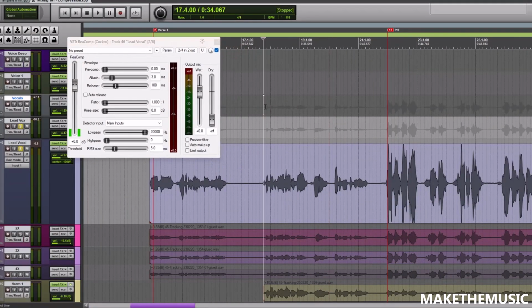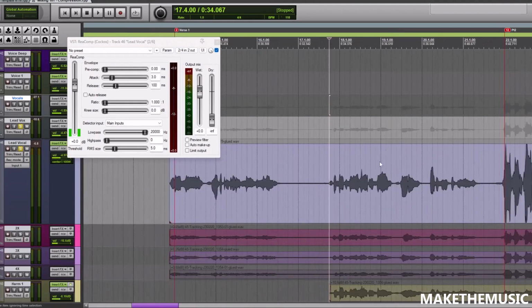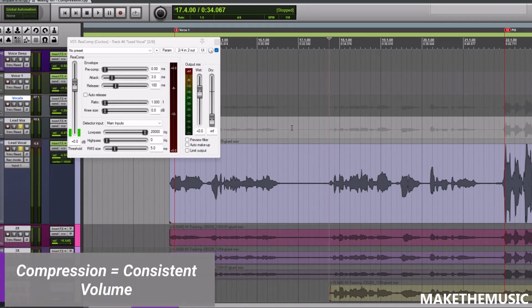So with compression, what we're trying to do is bring down these loud peaks that we see here. See how some of these peaks are taller than others? Bring down those peaks so we can turn the overall volume of the entire track up. And it gets that track or whatever to fit better in the mix,